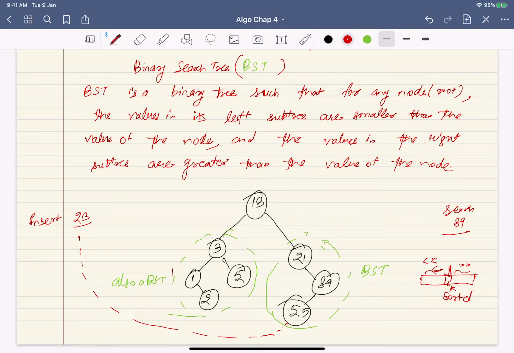You have to find the appropriate location for the key that you want to insert, and actually insert it as a leaf node. So you put 23 as a leaf node here. That looks quite easy. You can actually use the same code that you used for search, with modification.